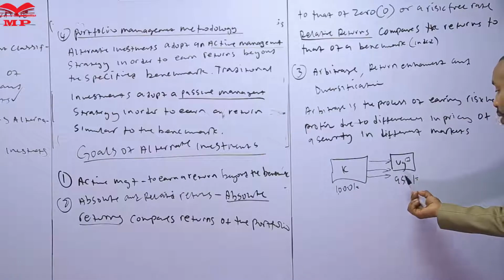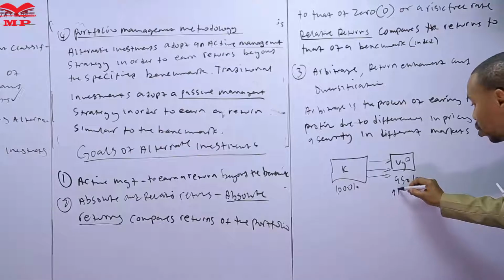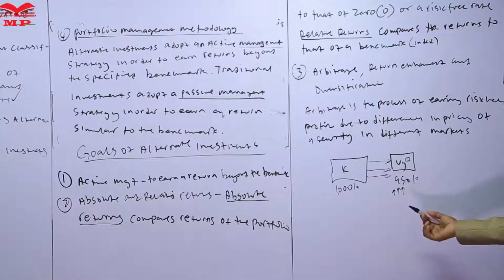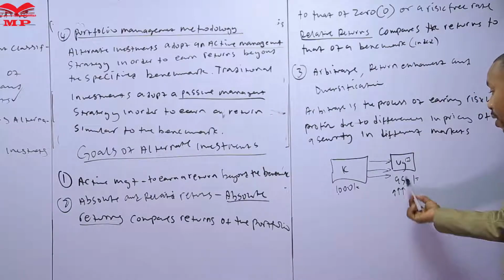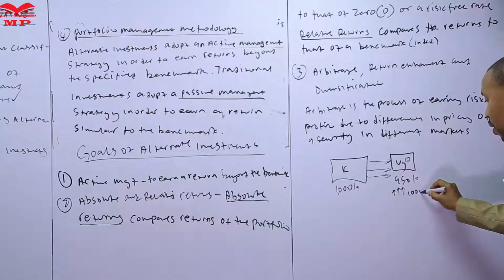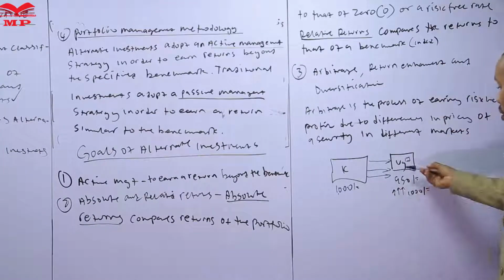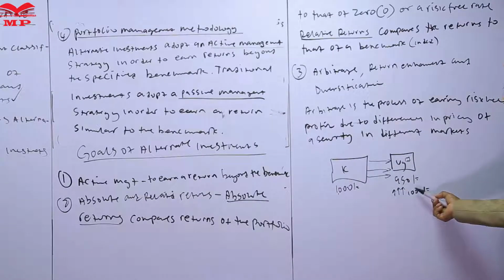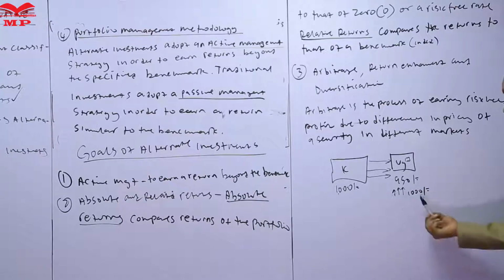When you find too much money chasing too few goods, you'll tend to find that the price will shoot up. And that upward pressure exerted onto this 950 will lead to an increase in the price to about 1,000, which is the equilibrium price there. Now, those investors in Uganda and in Kenya who had invested in that instrument at 950 will want to sell it at the higher price of 1,000.